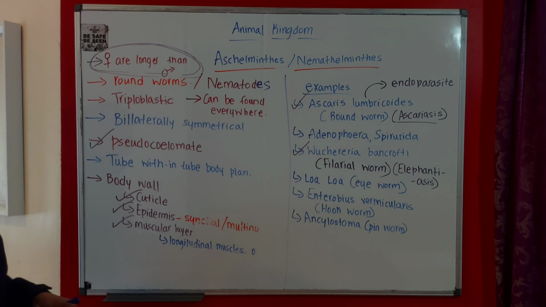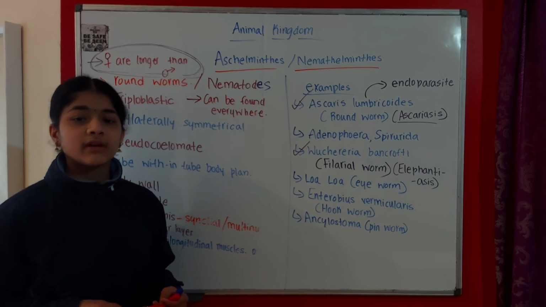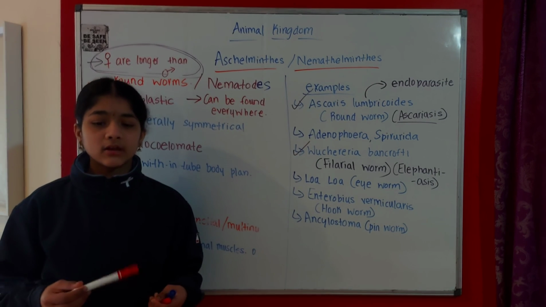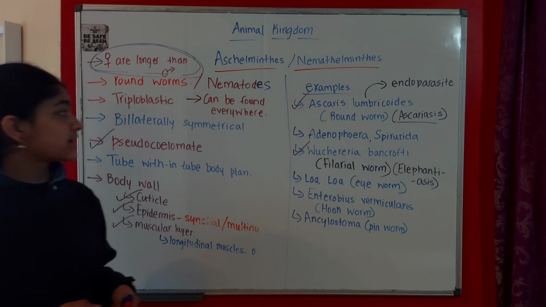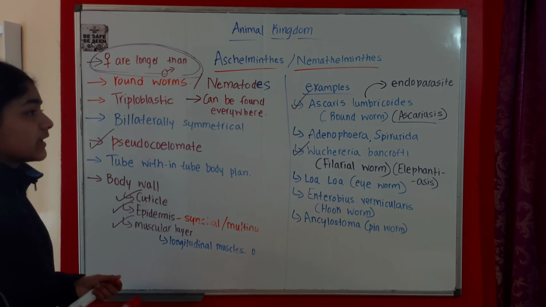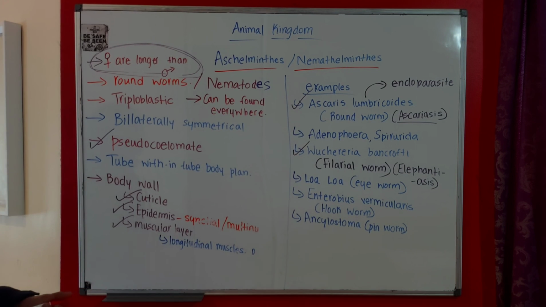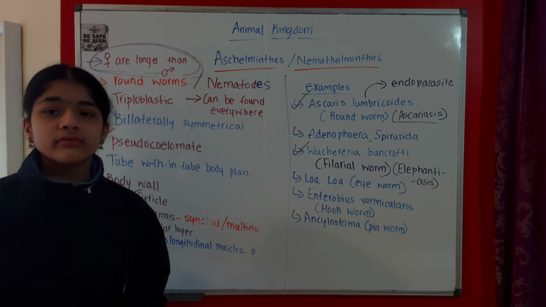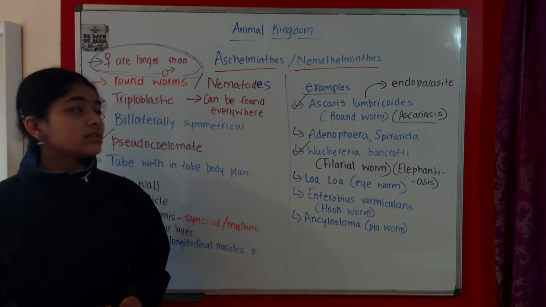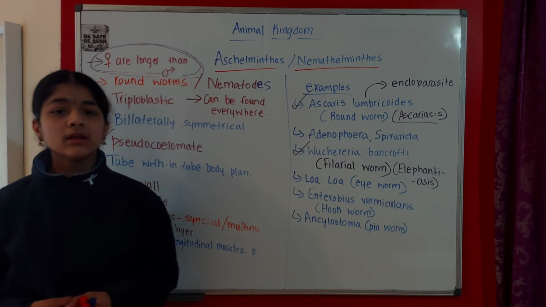Also, we have taken a look at the Utili one. The organism where Utili is first found is Caenorhabditis elegans. So that is where Utili was discovered for the first time. And we have taken a look at some general characteristics of nematodes and some important and unique characteristics as well, and some examples of nematodes. So this is all about the phylum Aschelminthes or Nemathelminthes, commonly called roundworms or nematodes.